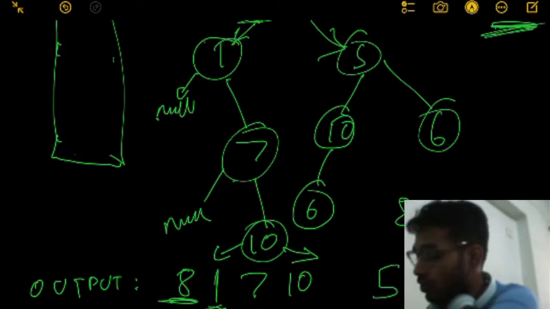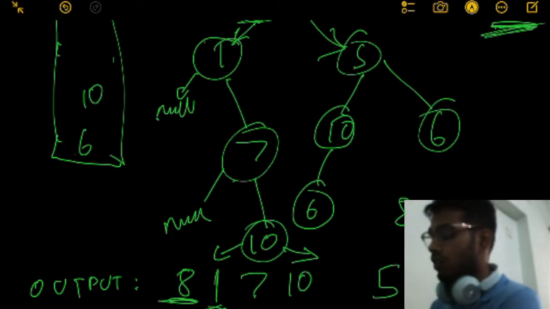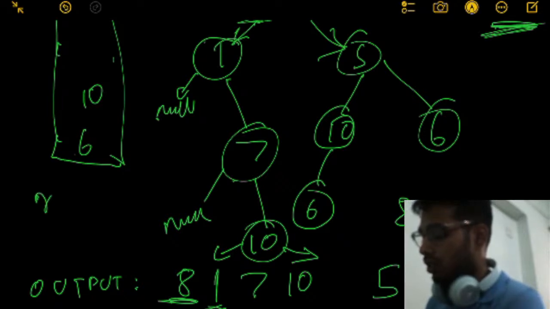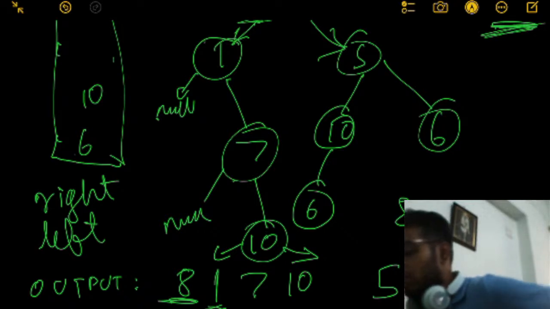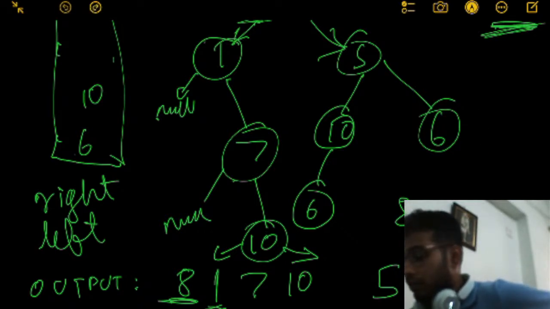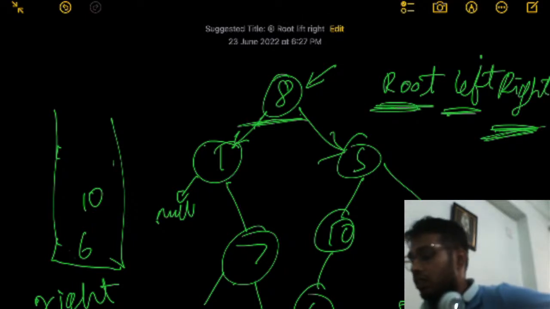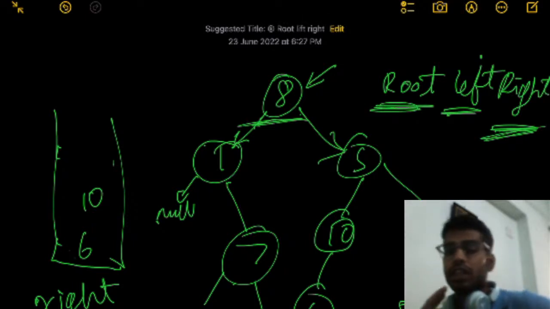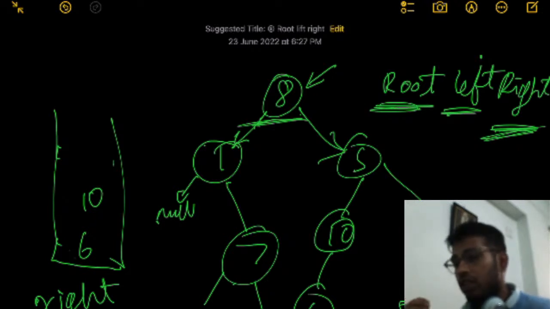Push in the neighbors of 5, which are 6 and 10. We need to keep in mind the sequence in which we push. We need to first put in the right neighbor and then the left neighbor. It is so because we need the elements in root, left, right order, and a stack would print things in reverse, right? So if we push in right first,